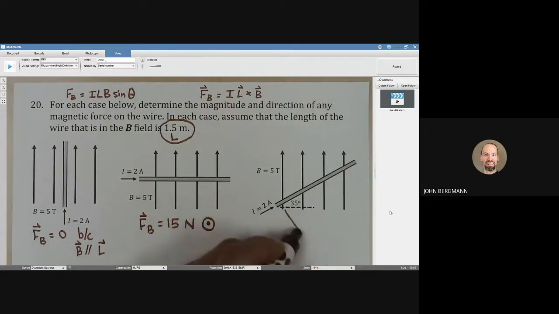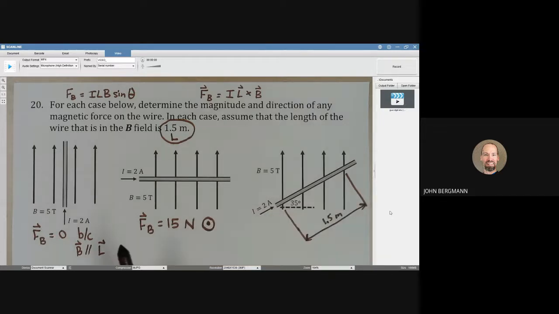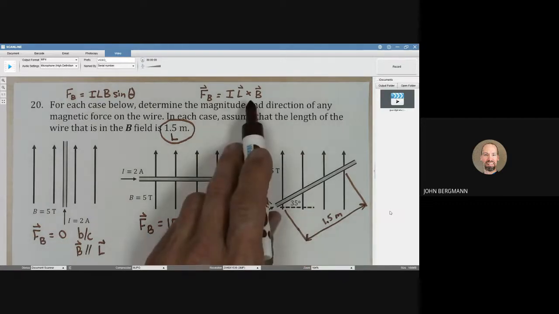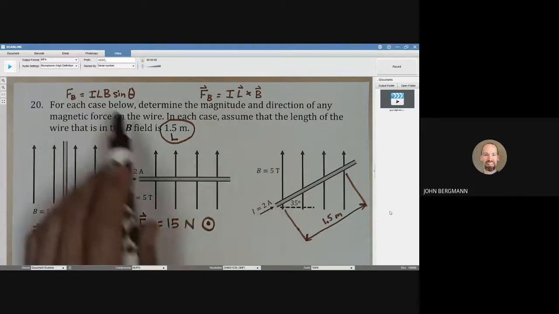How about this one? We were told at the beginning that the length of wire that was assumed to be in the field was 1.5 meters. Here, we're not going to get 15 newtons because only the bit of the magnetic field and the current that are perpendicular is going to give us some sort of a non-zero force. Let's do this equation here,